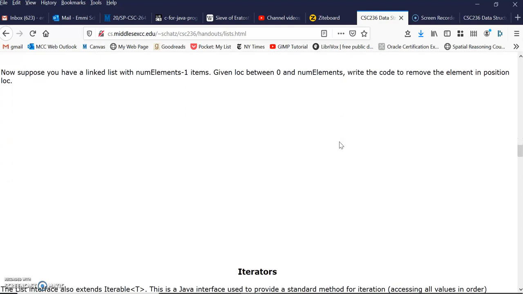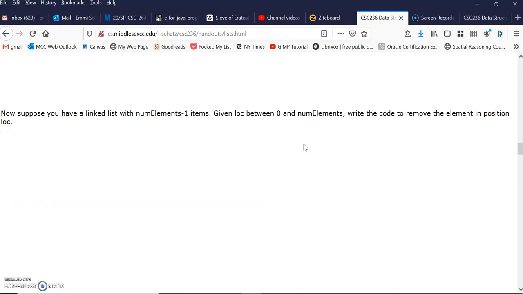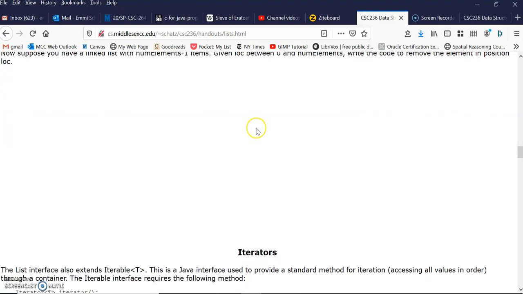Okay, the next one is we want to remove the item in position loc. So loc in both cases is going to be our parameter. In the add, we're going to have 2 parameters, the element of type T that we want to add, and then the loc is the int, the location where we're adding it. And in this one now, we just need the location, so the integer, which position we want to remove. Okay, so when we think about removing